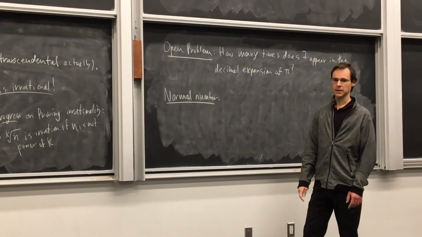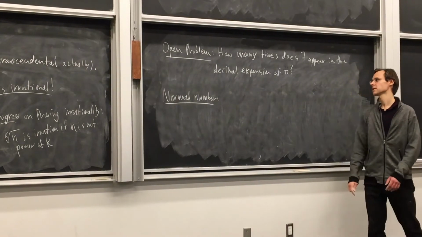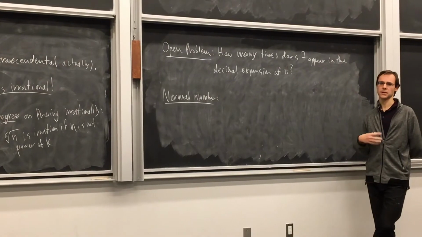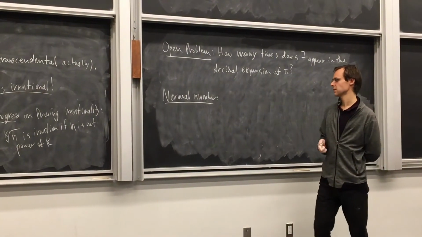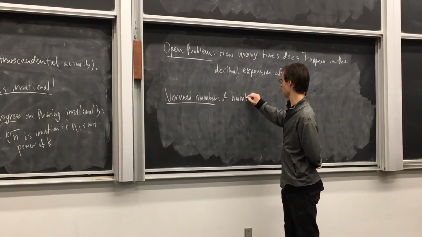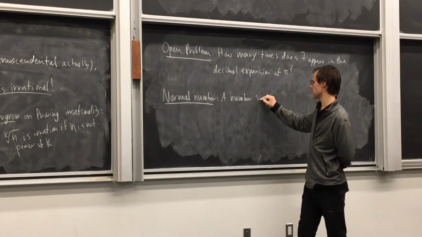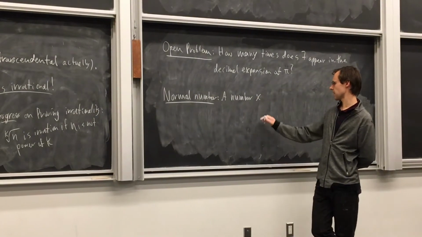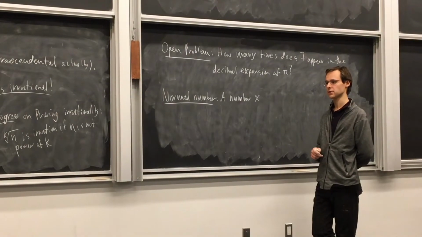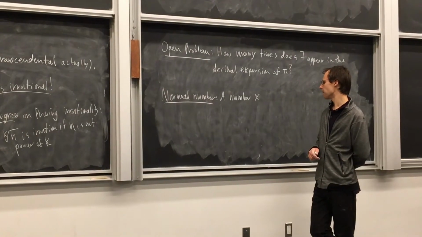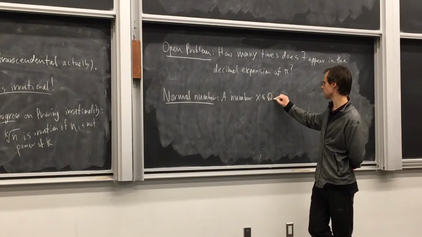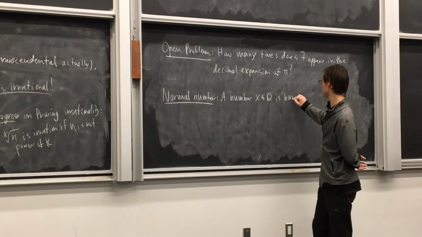A normal number is a number where all the possible decimals that are in there occur equally likely, with equal frequency, or the expected frequency. And a number, let's call it x, because we know that we're going to have an irrational number here. We want a decimal which goes on forever, which does not terminate or repeat. And a number x, not in Q, is normal